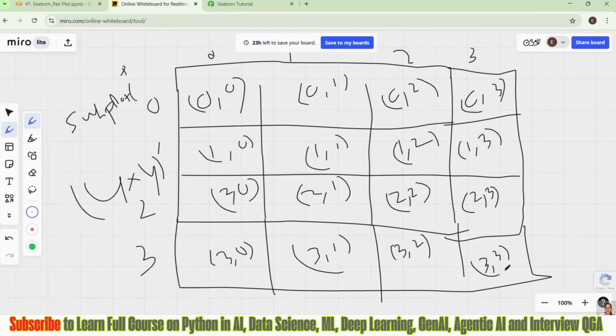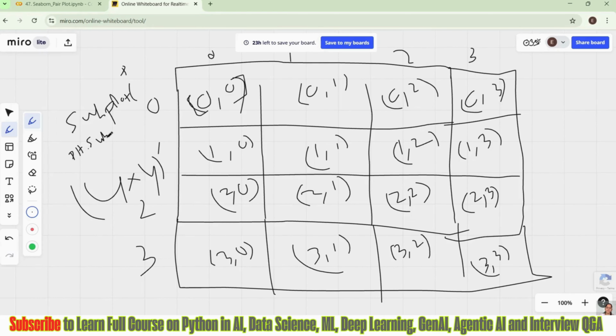So this is how it is getting presented. You can see, guys, I have created a 4 cross 4 plot. And how is it getting presented? These are all square brackets. This is how your matrix is presented, and how to call it is plt.subplot.